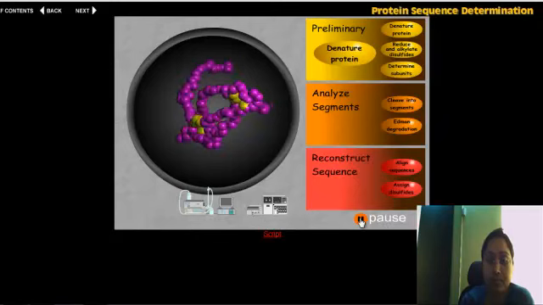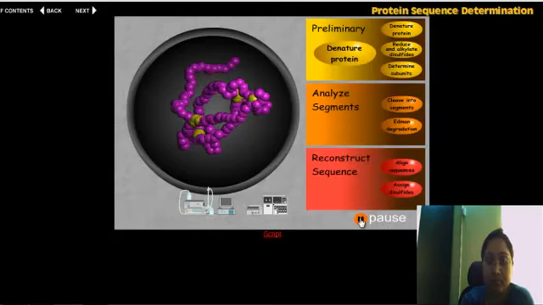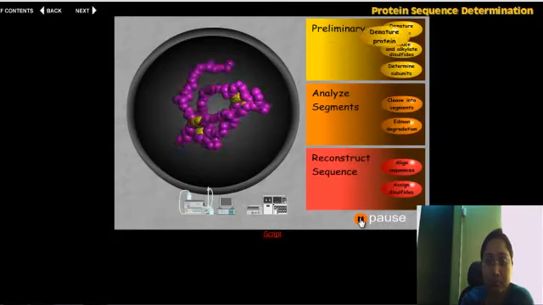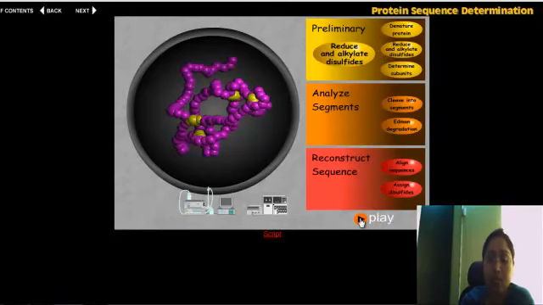However, the resulting unfolded chain is not yet ready for analysis. Many proteins have disulfide crosslinks between cysteine side chains, drawn here as yellow spheres. These must be cleaved to facilitate the sequence determination. Okay, now initially what we did, we removed all the non-covalent bonds. Now the next step is removal of the covalent bond. An example of a covalent bond here is the disulfide bond. So the next step is the reduction and alkylation of disulfide.